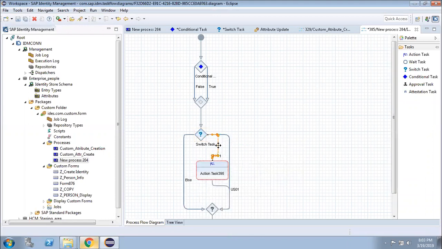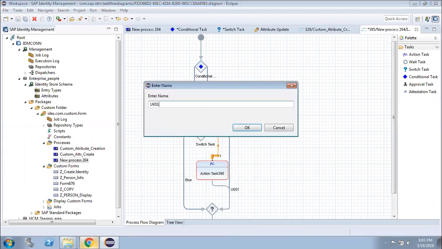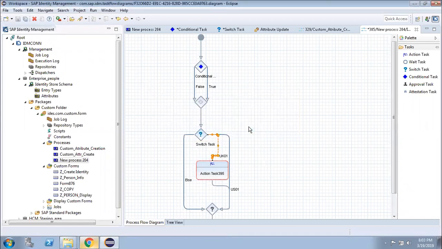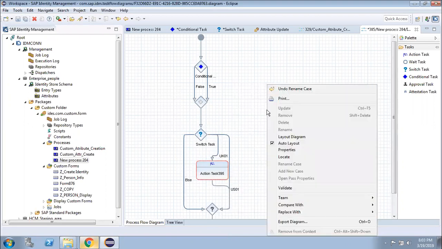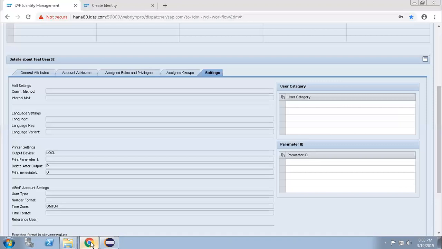If this output is UK01, then it will go this way. But as I told, the conditional task is doing only two ways, either true or false, but the switch task can have multiple ways.